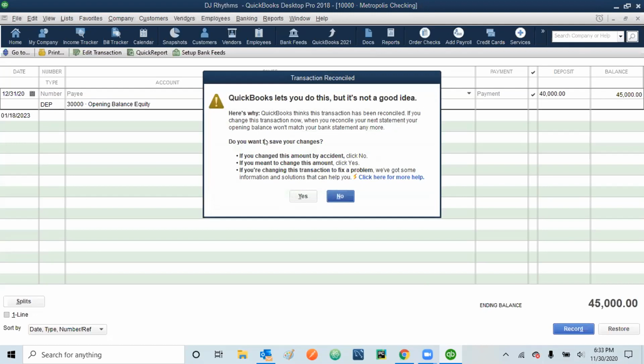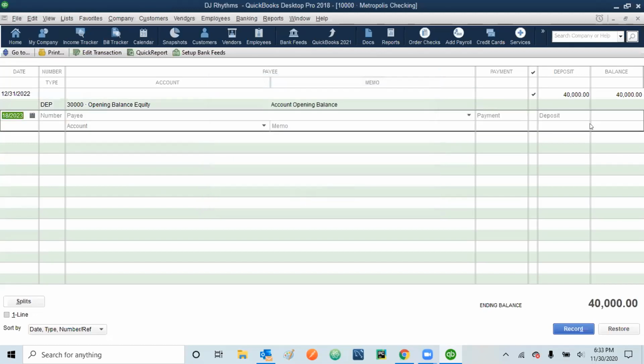So system is telling you that this is not the right thing. Of course, it is not the right thing, but system is still asking you, do you really want to go with this transaction? We are doing it because we are working as per the exercise, but always remember, don't make changes in the accounting like this, because most of the frauds happen this way. So always avoid it. If you want to make some changes, make another transaction, and in that transaction, show what has happened in the past day and adjust the entry. Don't make the entries by changing the numbers in the past days. So once it is done, do you want to save your changes? Yes. And now you see your opening balance has become 40,000.